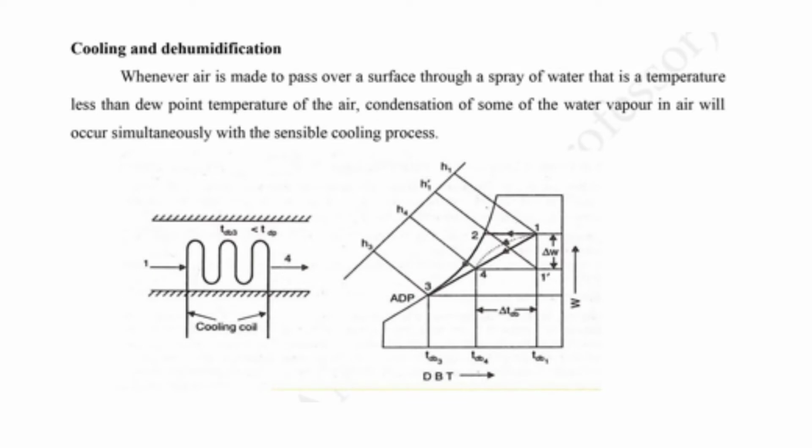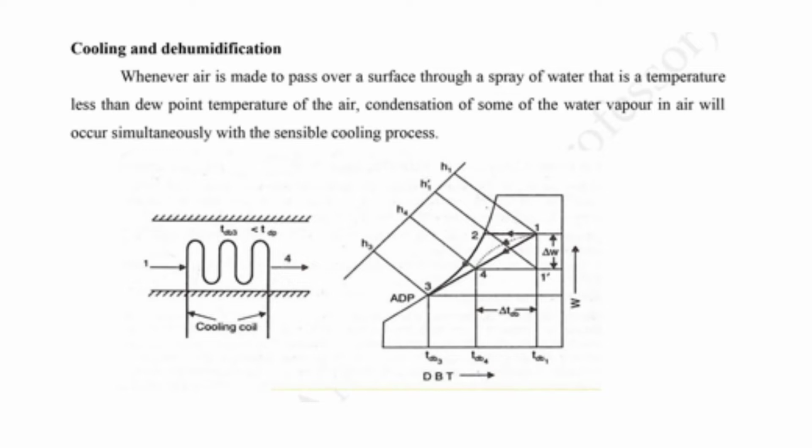The cooling and dehumidification process will be similar to the previous sensible cooling process. There will be some difference. Here the dry bulb temperature is less than the dew point temperature, where number 1 represents the air inlet and 4 represents the air outlet. The cooling coil is located in between the inlet and outlet of the air, and then the psychrometric